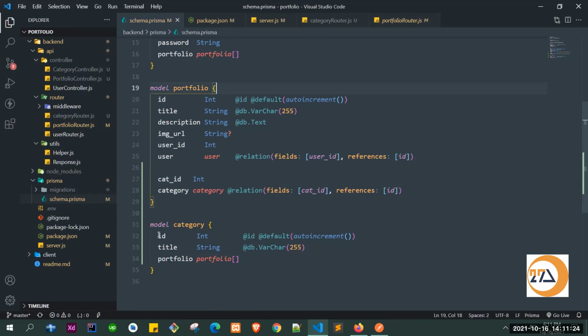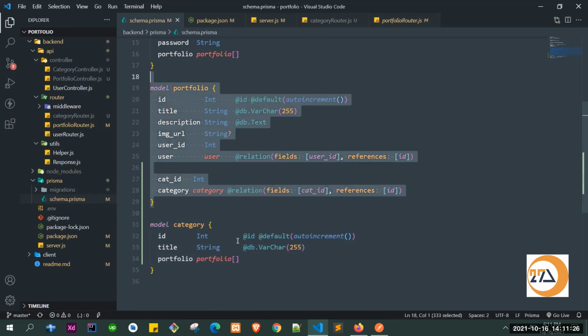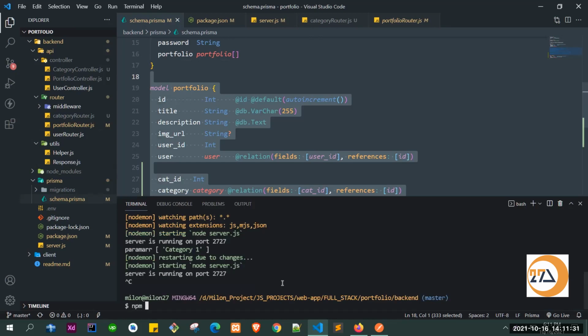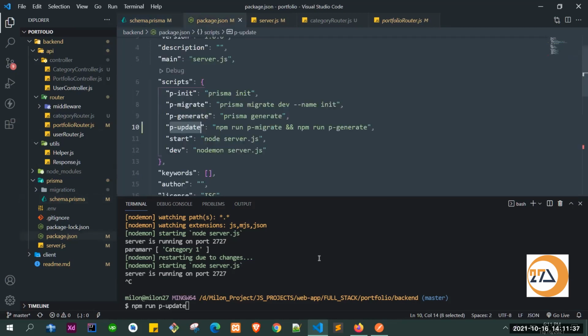So we have made some changes in this file. So what we need to do, we need to do the same thing: npm run, then p minus update. I think that was the script. Yeah, so p minus update. So if we just do it now again,